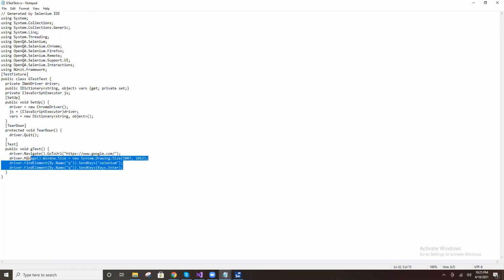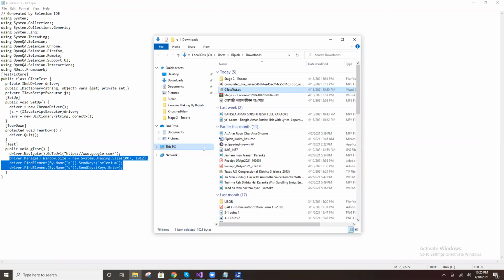But you get that code. This is the Selenium C# code. Who wrote this code? Selenium IDE converted this code. Got it? That is the advantage.